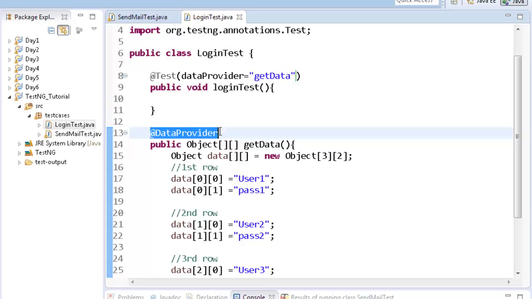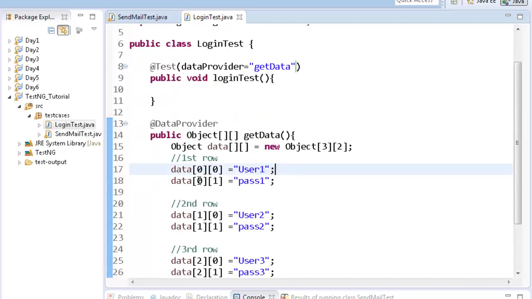Okay, right, and what you need to do is that you need to... just a minute, my PC has hanged. Yeah, you need to